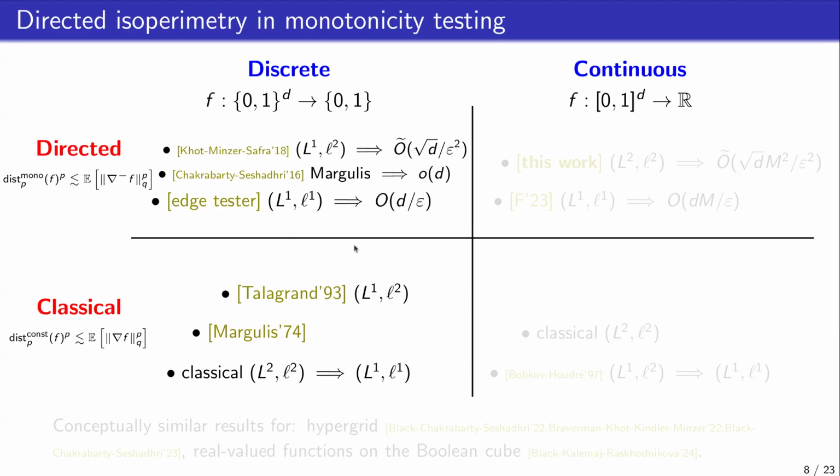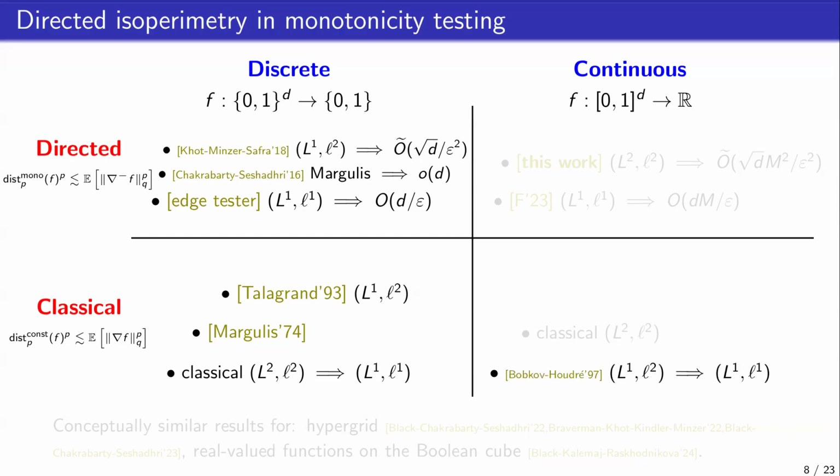So this connection is very rich in the discrete world. Now what happens in the continuous world? The point is that Poincaré inequalities, and isoperimetry in general, are very well understood in the continuous world as well. They really started with the study of mathematical physics, which is starkly continuous. So what I want to claim to you here is that if the connection between classical and directed isoperimetry and monotonicity testing is really fundamental and has some underlying principle behind it, then it's natural to expect that it also holds in the other setting where classical isoperimetry is really well understood and really important. So I want to understand the rest of this map.